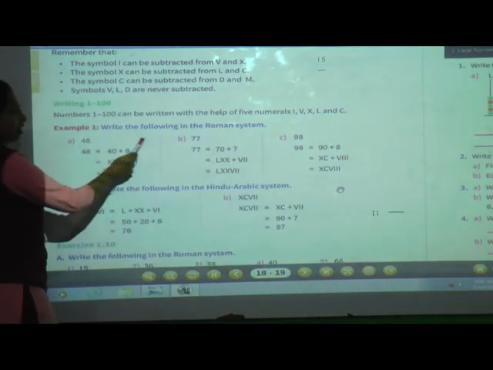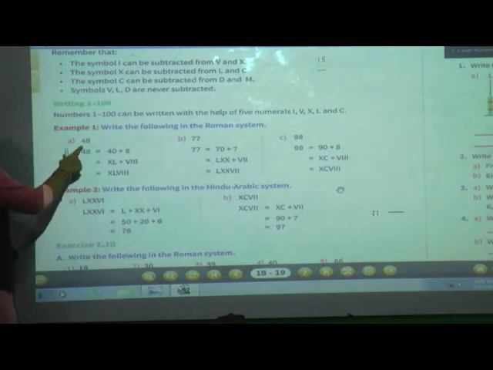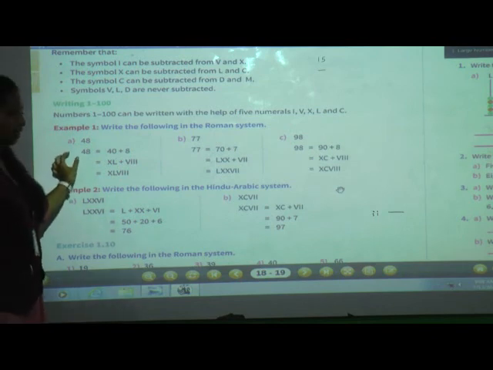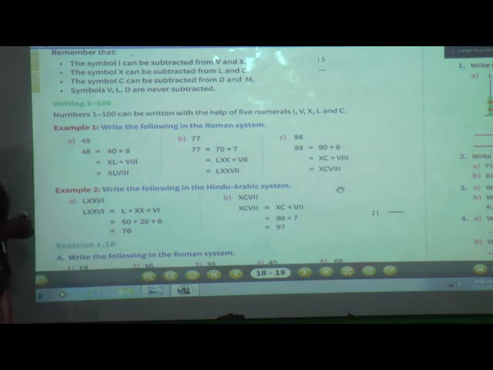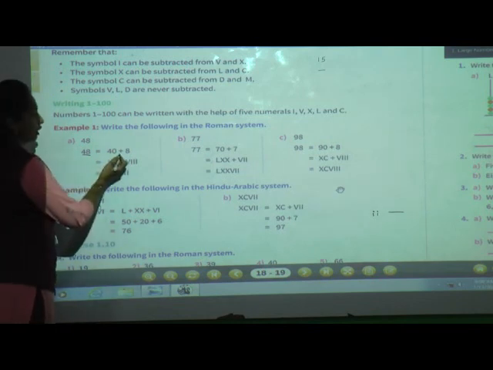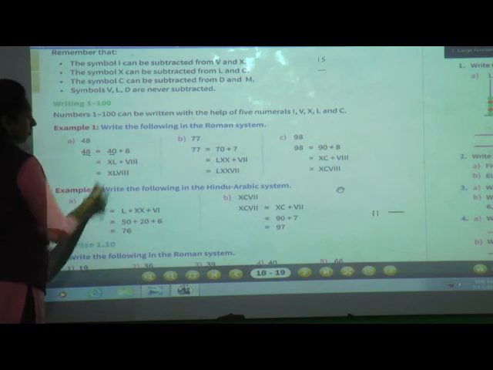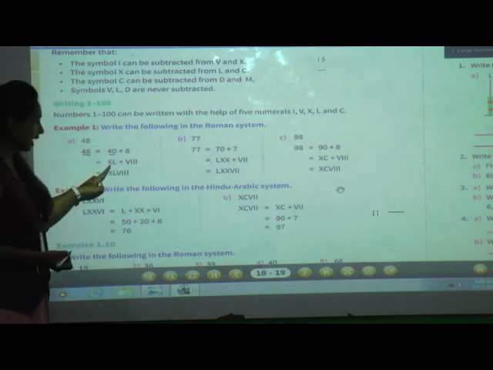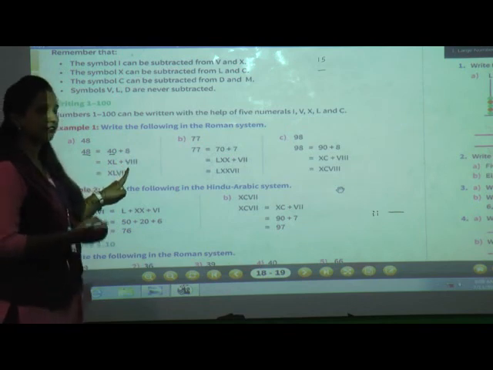Now we will see some examples. The question is, write the following in the Roman system. In the Roman system, for example, they have given 48. Whenever they give one number, what we have to do first? We have to expand the number. Okay, see 48. How we can expand? 40 plus 8. Okay, so 40 we write as XL, and 8 we write as V